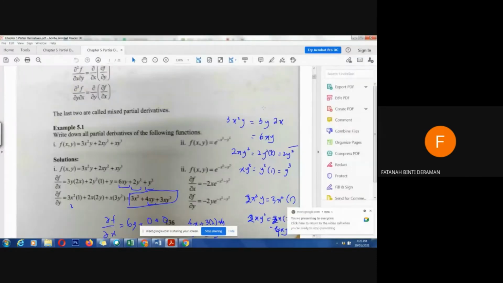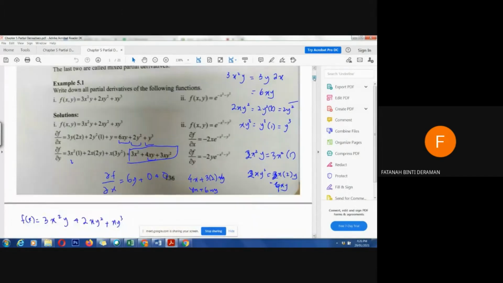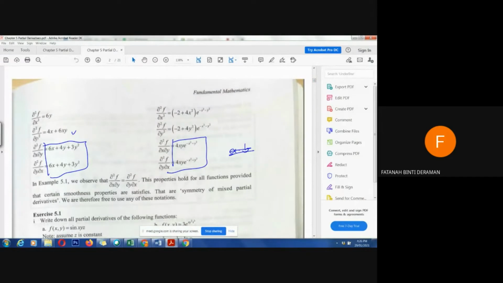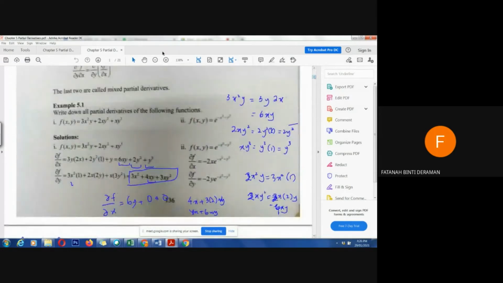Okay, for example here, we have this derivative. First we need to find the partial derivative for x and then y, and then the second derivative for x, the second derivative for y, and then the second derivative for xy, and the second derivative for yx. So here we will have